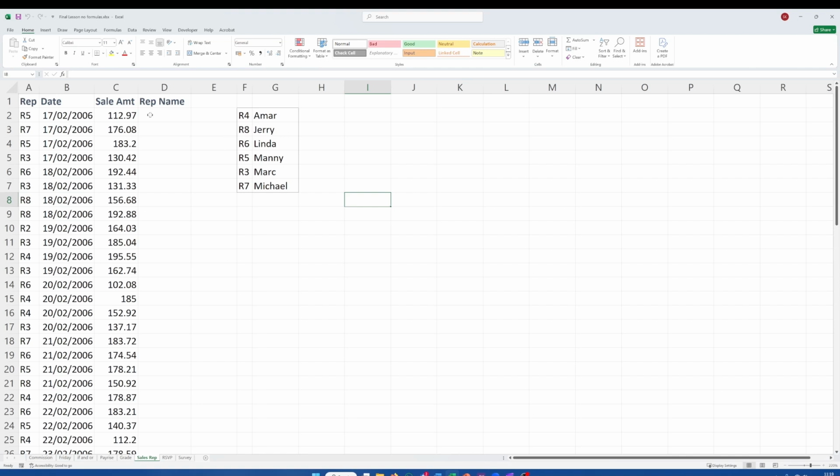I'm going to show you first of all the VLOOKUP, which is what we did in the lesson, but there's another way of doing it which I'll show you afterwards. So you can use either method depending on which one you're happier with. First thing to remember is